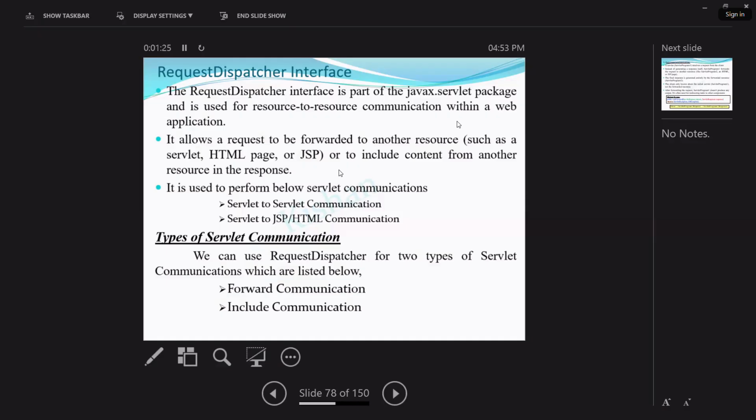Next point. It allows a request to be forwarded to another resource